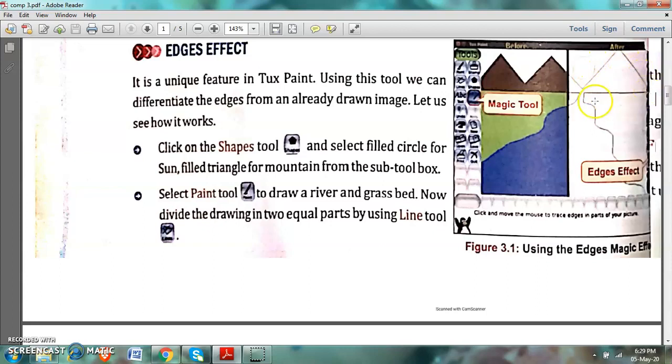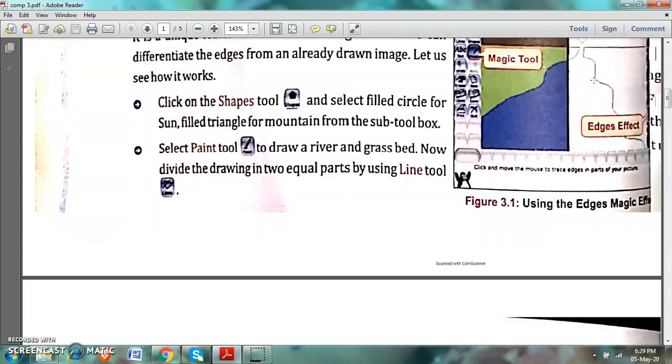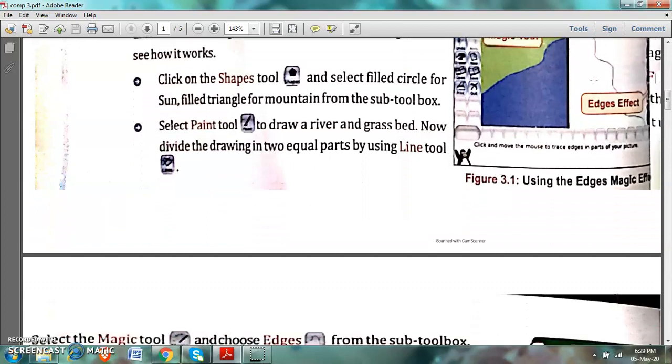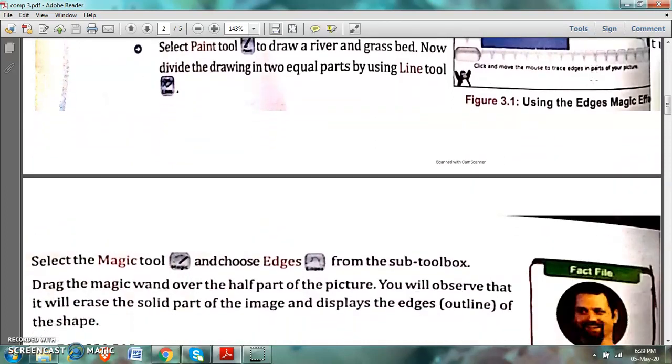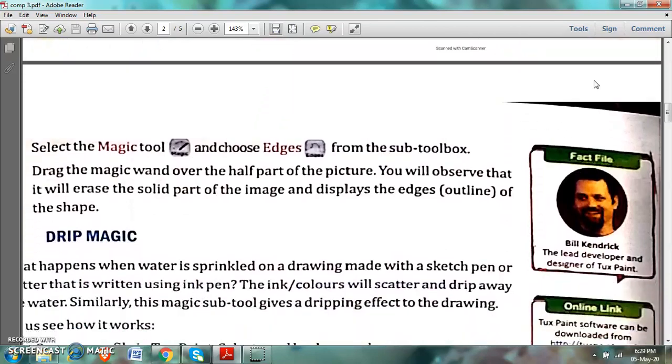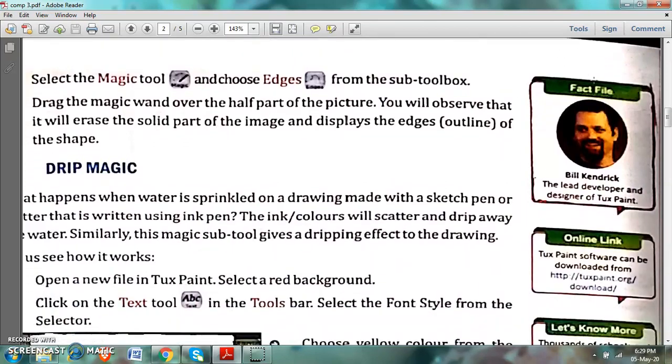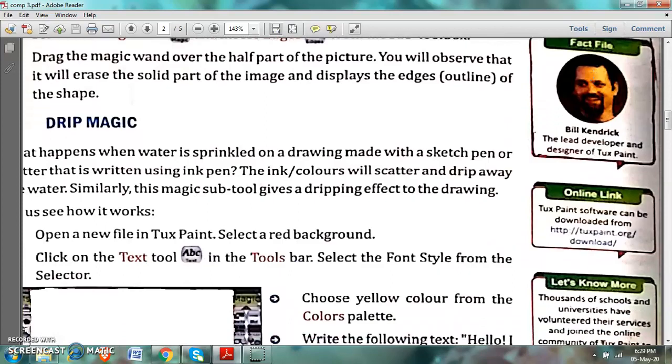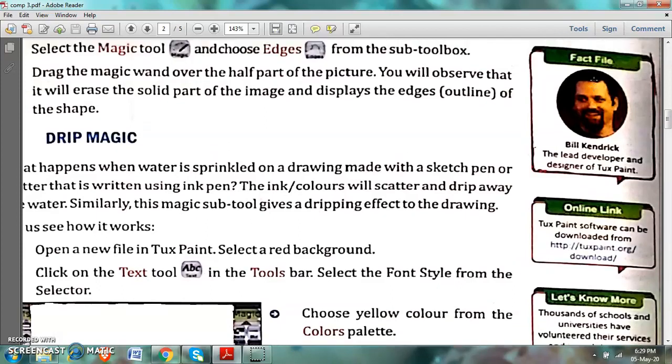These are the outlines and these are also outlines. So only outlines are left, and these outlines are called edges. So if you want to show only edges in the picture, you will take the edges effect. Which effect? Edges effect.